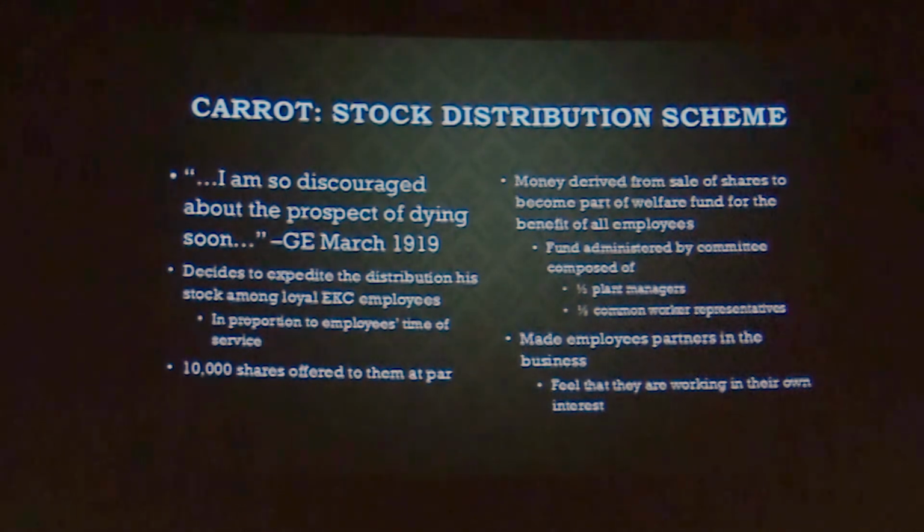And the money derived from the sale of those shares went to part of a new welfare fund that was established for the benefit of all employees. And that fund was administered by a committee half composed of factory managers and half composed of common workers. And Eastman was very smart. He knew that to get their cooperation, he wanted to make them partners in the business. He wanted them to go to work every single day feeling that they had a vested interest in the success